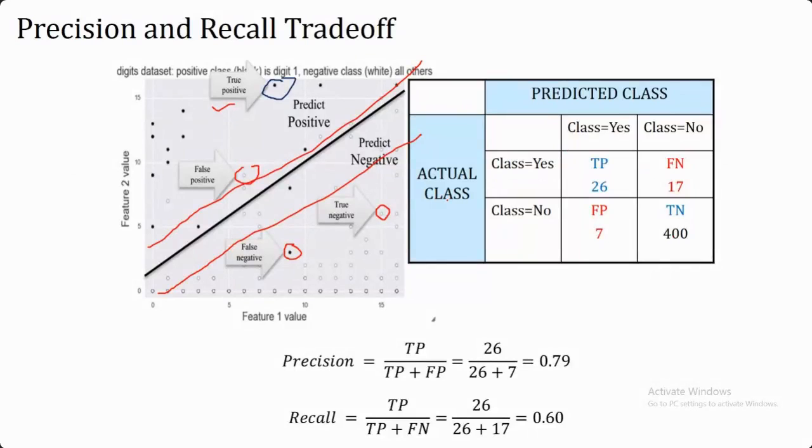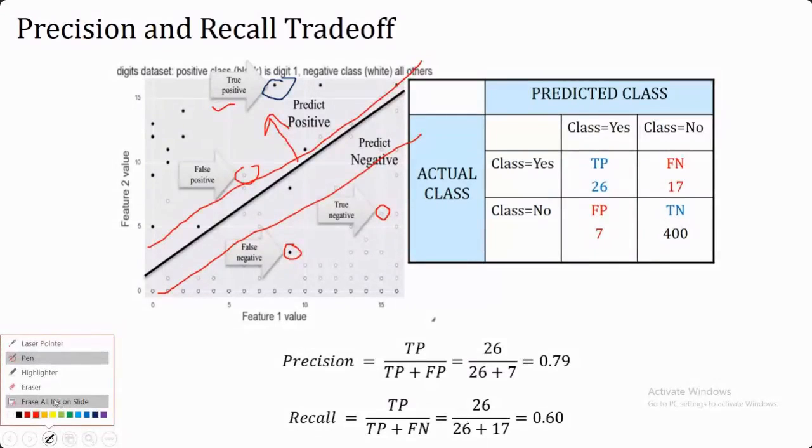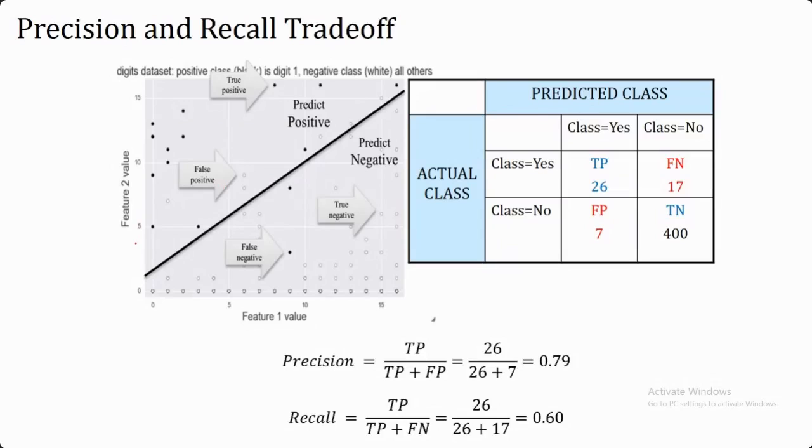This we have already seen: if this is the boundary, then we have these values. Let's see what is going to happen if I move toward this side. Let's see this part first. Suppose I'm drawing my boundary here, at this point instead of this one. As you can see, we have only one misclassification, and the rest of the instances I have identified correctly.